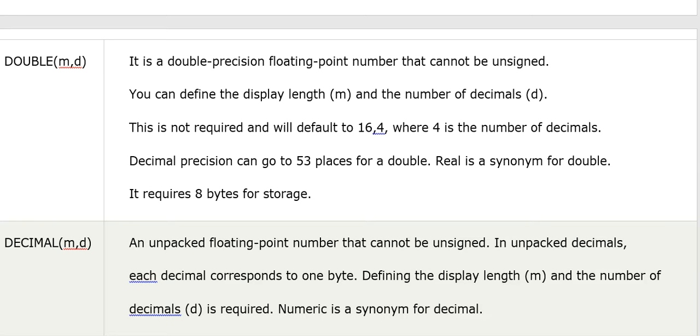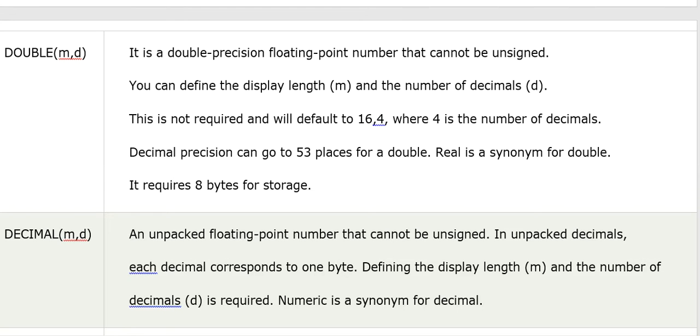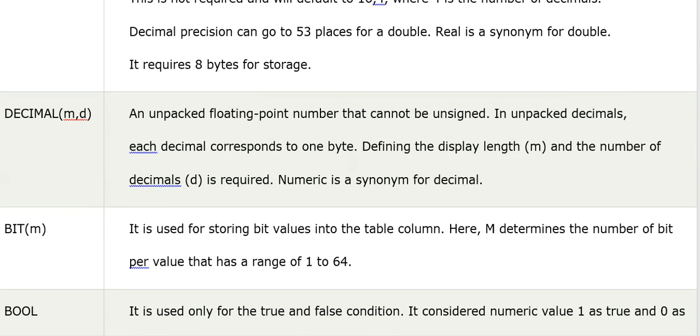Numeric is a synonym for decimal. So if you are using the word numeric, read it as decimal. If someone says numeric data type, we come to know that this is the decimal data type we are talking about. It is defined the same way as the floating point types.